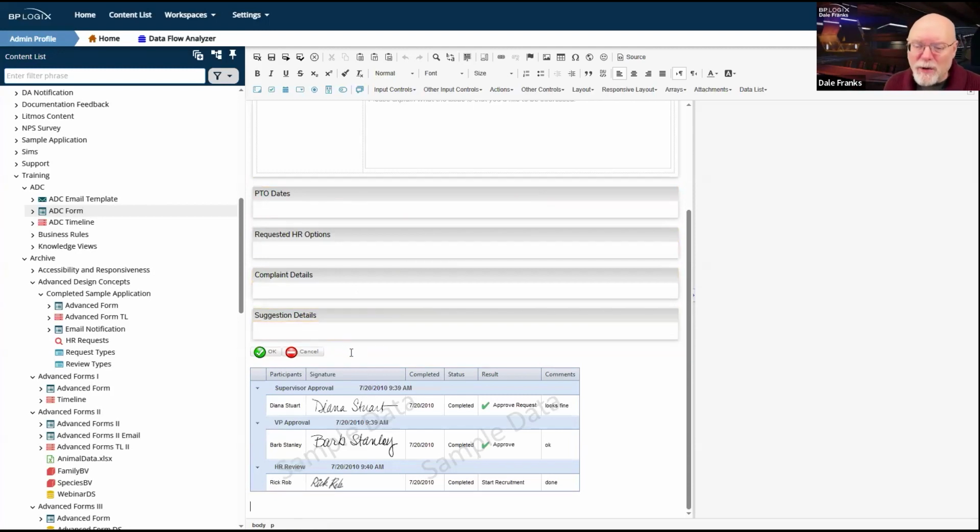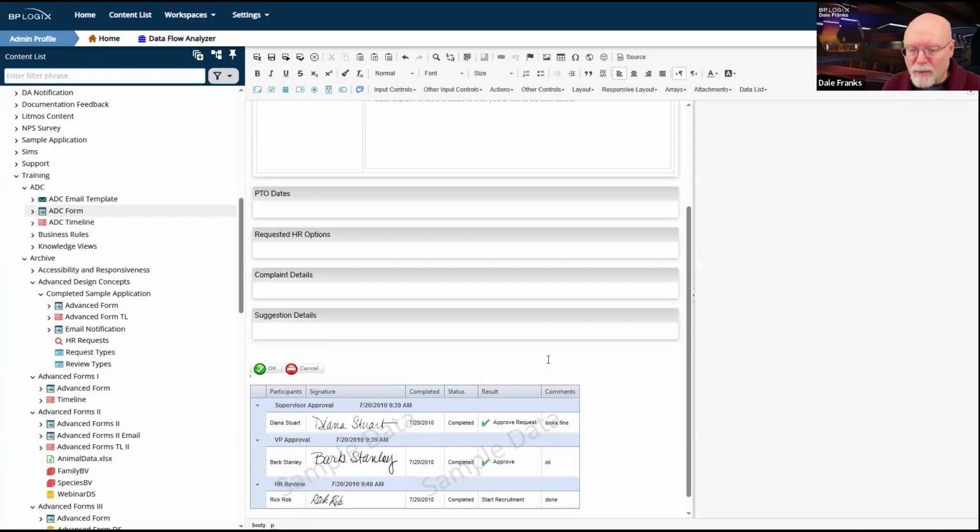But I do have some other sections that I want to add that are going to have some different visibility conditions associated with them. And so let me add those here. So the first is my journal control. And I'm actually going to put in 2 journal controls into this form.